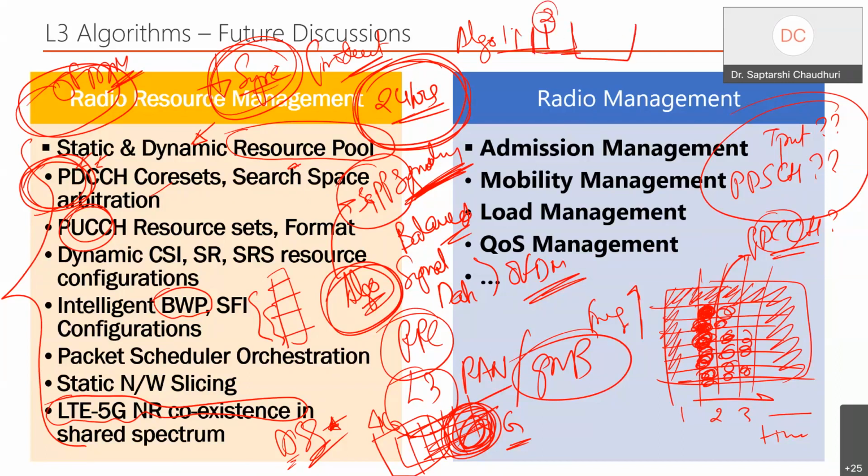So algo 2 has some bit of overlap with algo 1. Algo 3 is a totally different entity, has to start after algo 2 finishes. So this is a bigger entity that we all have to worry about. That is one aspect. Now, after we do all the stuff, then the data starts flowing. Means YouTube is going, voice is going.